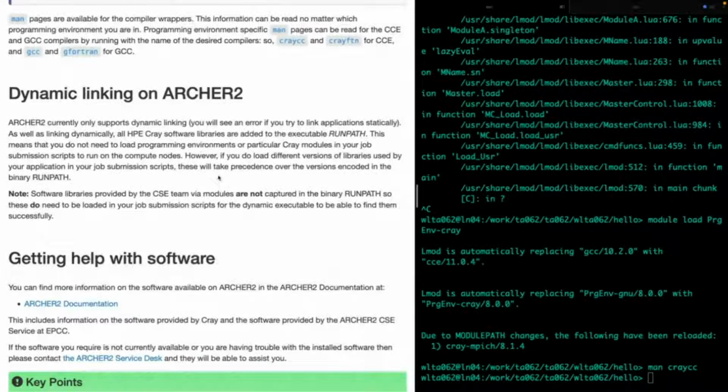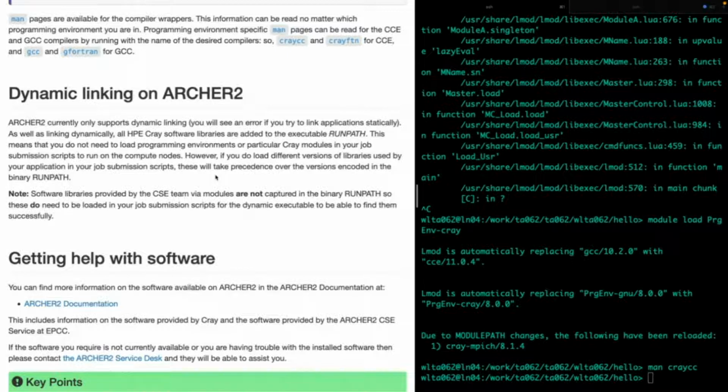However, it's kind of a halfway point between static linking and dynamic linking, because the libraries are loaded dynamically at runtime, but the locations of the libraries are baked into the executable. But because it's what's called a run path, there's a similar concept called an R path that I won't talk about just now. But because it's